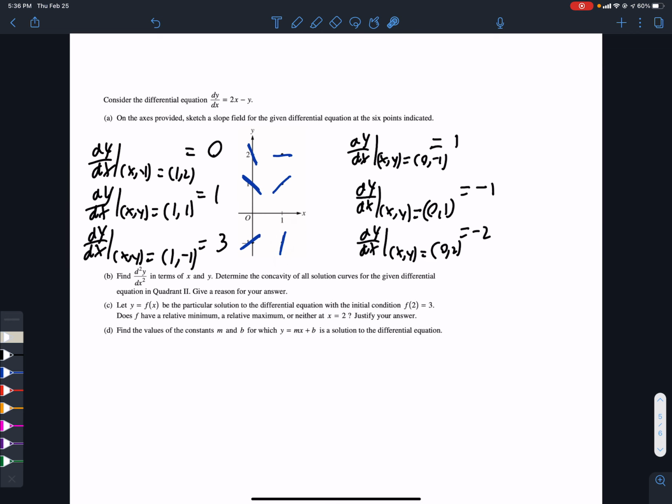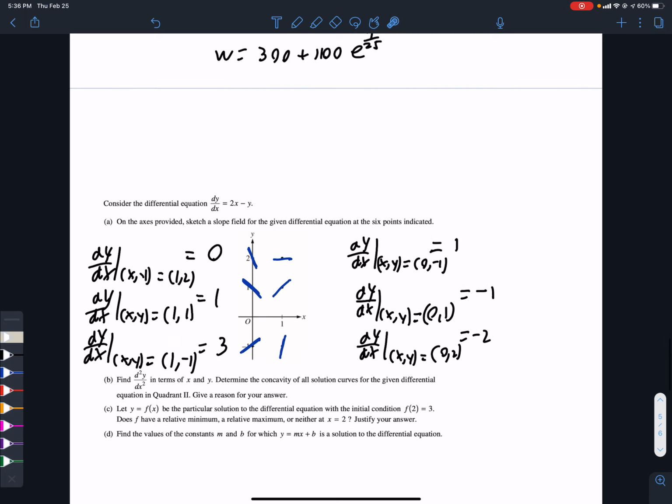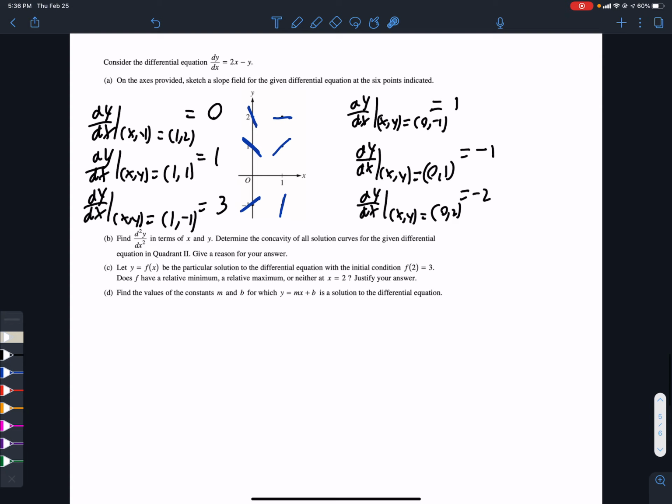So we're looking pretty good here, I think. I don't know for sure because I don't know what year this is. That's part A. I drew the slope field for the given situation. All right, now I am going to